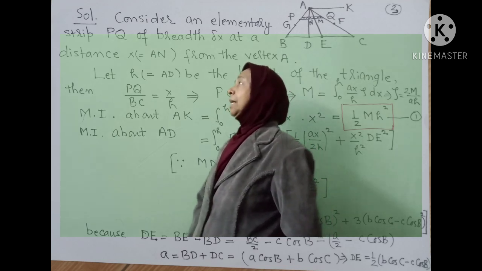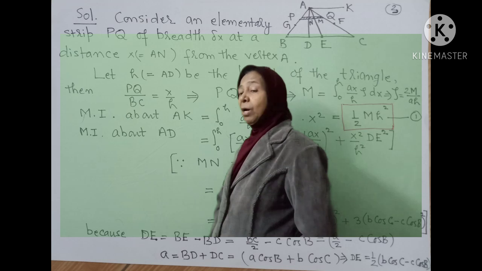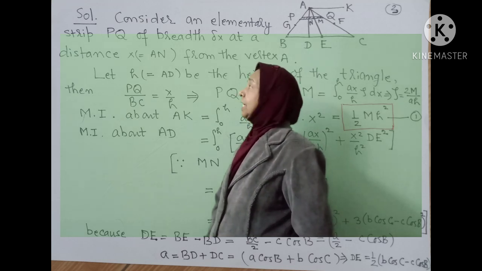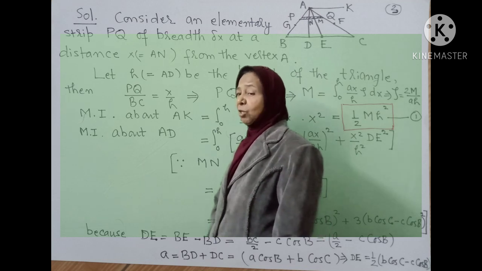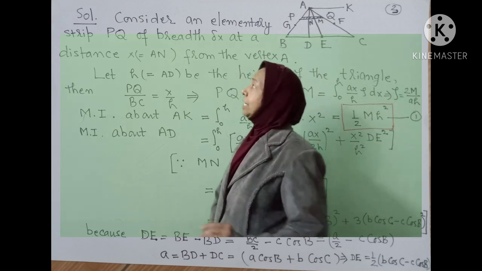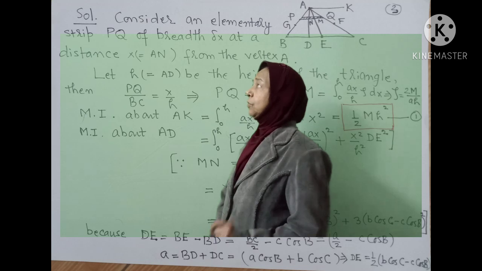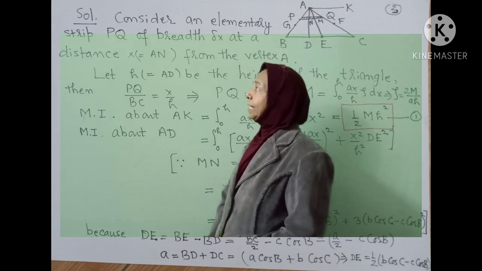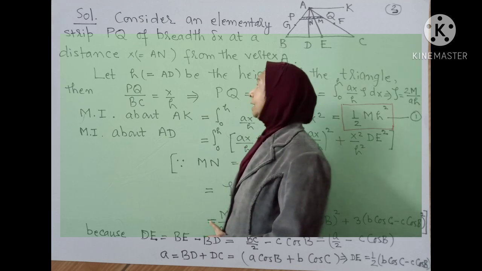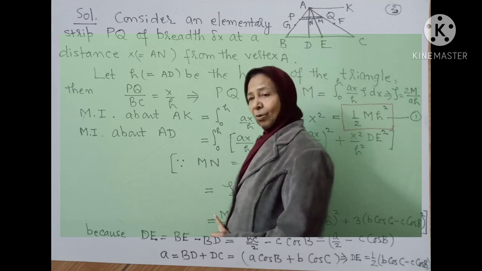Why ax divided by 2h? Because the length of the strip is ax divided by h, and we need half of the length of the strip, square, divided by 3. So it will be 1/3 of ax divided by 2h whole square, as you can see on the board,